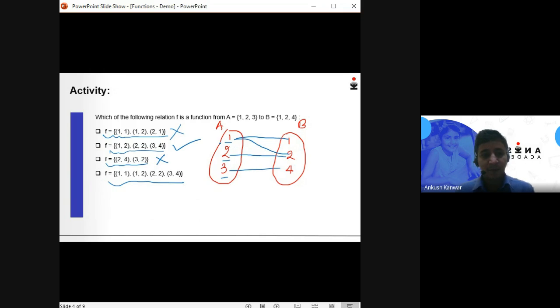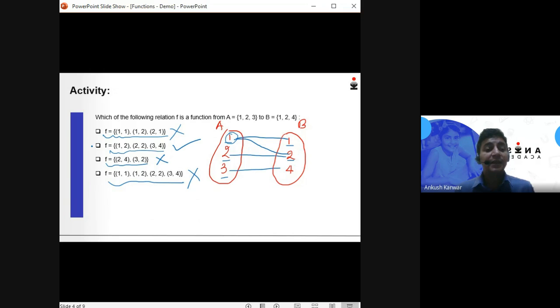What are the images of 1 in set B? The images are 1 and 2. There are two images of 1 in set B, which is not unique. So this relation F represented by the fourth option is not a function.